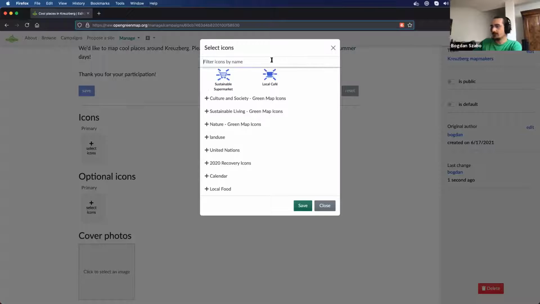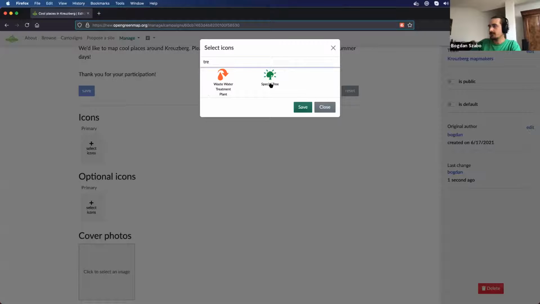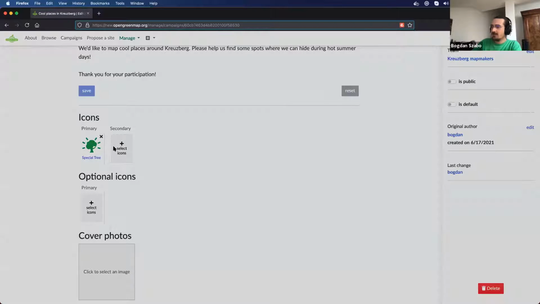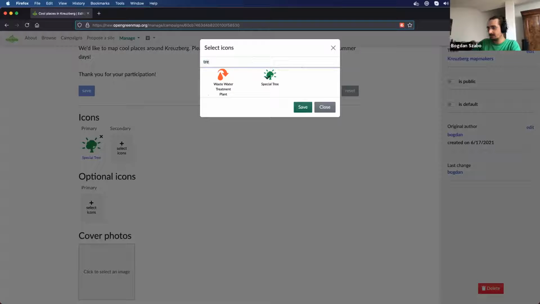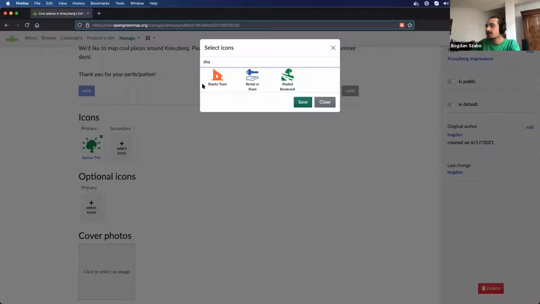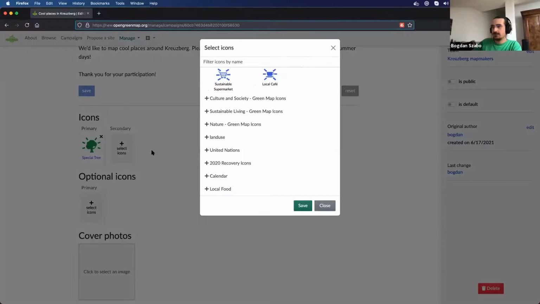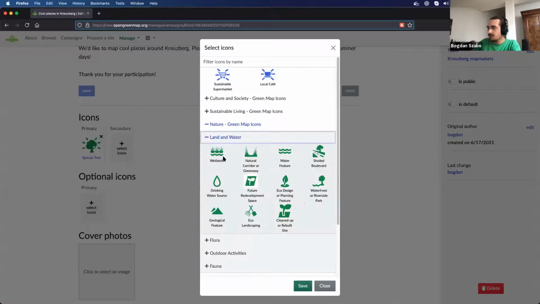So let's pick a tree, special tree icon. And of course, or do we have like a shade place? Shaded? No, we don't have it. Anyway, you can create a custom icon if you want for this special use cases, and then you can select the optional icons, which will be offered to the users to pick. So for example, here I want people to choose from, I don't know,